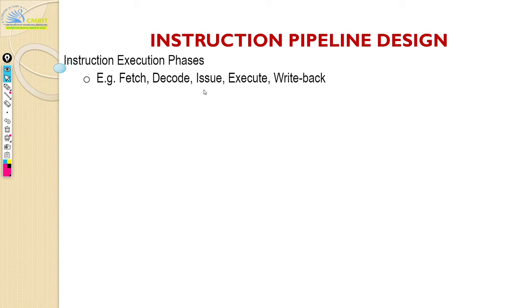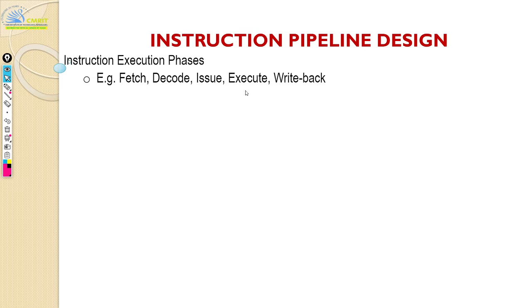Next you have issue, and this is a very important stage. Let us say you have an add instruction. Then you have to issue this instruction to the adder in the ALU. You have to say, hey adder, you have a job to do now. Meanwhile the multiplier can relax. The issue stage takes care of that. If it is a load, then you have to make sure that the load unit is doing the work, while the adder or multiplier can relax. That's what issue does.